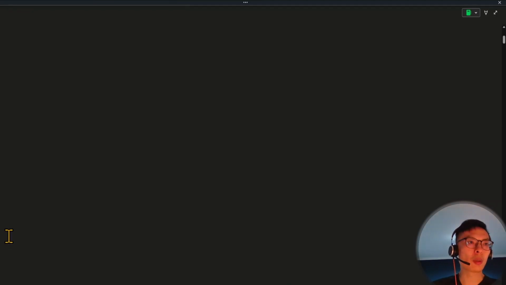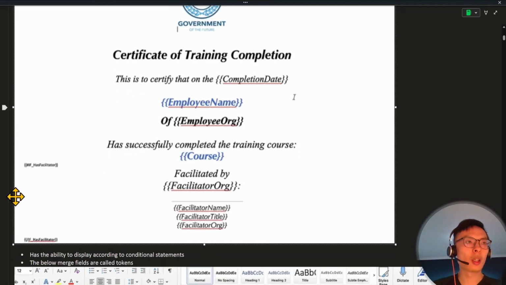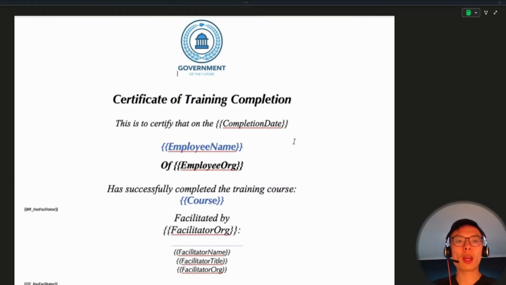If we zoom in a bit more, we can see conditional evaluations here as well. So what happens is that during document generation, these tokens are automatically replaced with real data, creating a fully customized document. I'll include a link in the comments or description below for more details on how to configure these